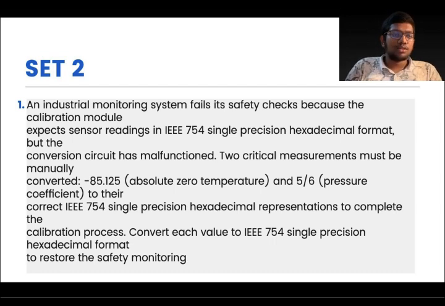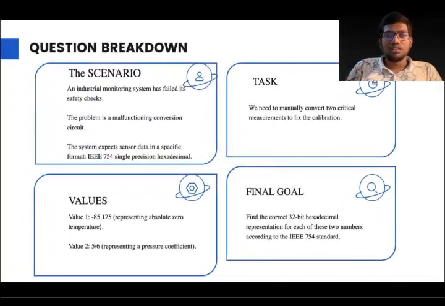So let us try to solve the question. What's the scenario in the question is an industrial monitoring system is given. It is failed because there is some problem in safety checks. Now, what are the values given? Minus 85.125, it's the absolute zero temperature, and 5 by 6, it's a pressure coefficient. So the task is we should manually convert the two numbers into IEEE 754 format with our own knowledge. So the final goal is we need to write the 32-bit hexadecimal representation in IEEE 754 single